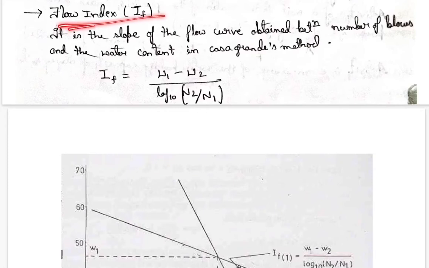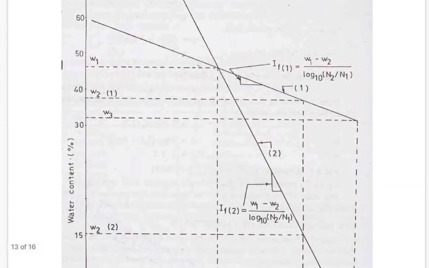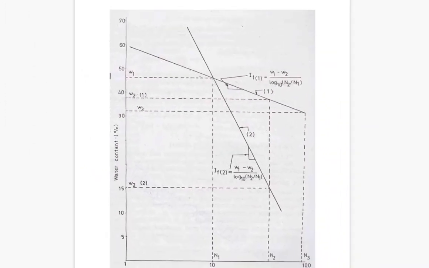Let us now see flow index. It is the slope of the flow curve obtained between number of blows and water content in Casagrande's method. कैसाग्रेंडे मेथड हम लोग क्यों यूज़ करते थे? लिक्विड लिमिट निकालने के लिए हम लोग कैसाग्रेंडेज मेथड और कैसाग्रेंडेज टूल यूज़ करते थे। ठीक है, उसमें आपको याद होगा कि नंबर ऑफ ब्लोज होते थे और वाटर कंटेंट होता था। उसके बीच एक प्लॉट तैयार किया जाता था, जिसमें नंबर ऑफ ब्लोज को हम लोग लॉग स्केल पे रखते थे और वाटर कंटेंट को नॉर्मल स्केल पे रखते थे ऑन द वाई एक्सिस। वही प्लॉट यहाँ आपको दिखाया जा रहा है।